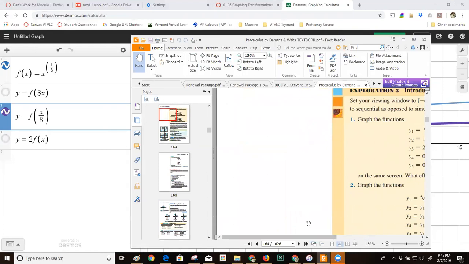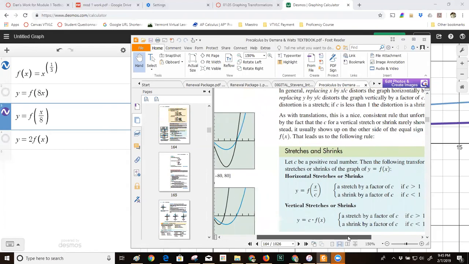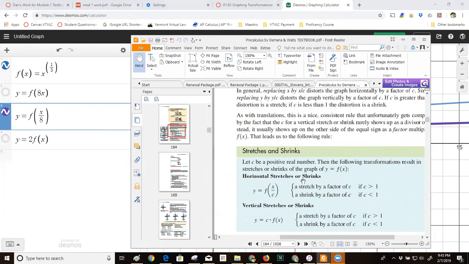Yeah, on page 134 of the textbook, they give us this stuff about horizontal stretches and shrinks. So I would think about this, if the number in front of the x is bigger than 1, it'll be, let's see, how did they say this? I don't like what they're doing here. They're making you do some rewriting, and I think that really confuses the issue. I think if you do what I did here,